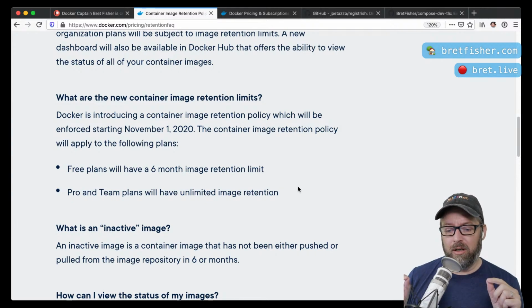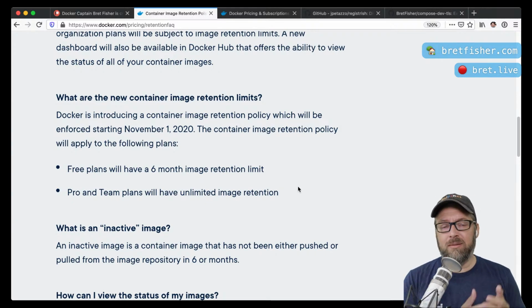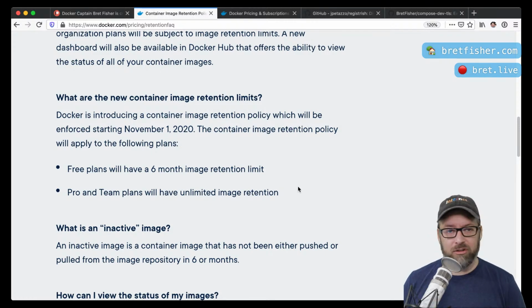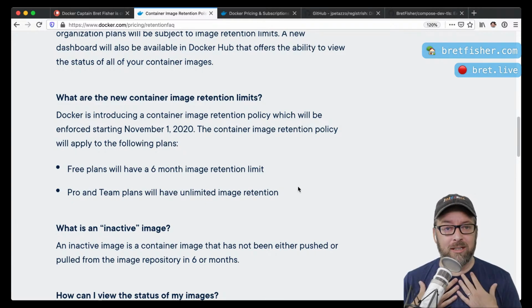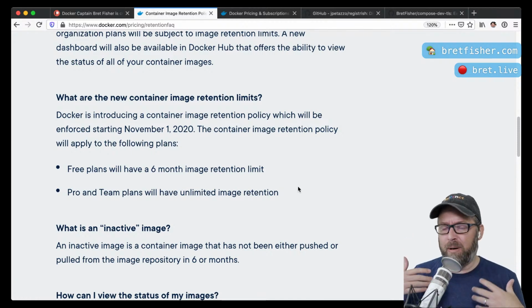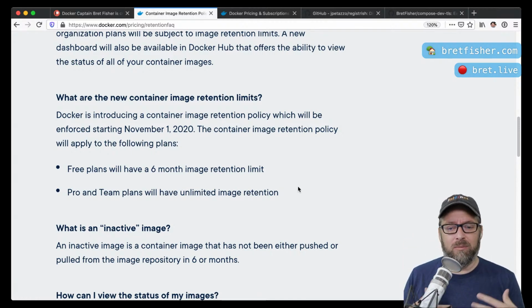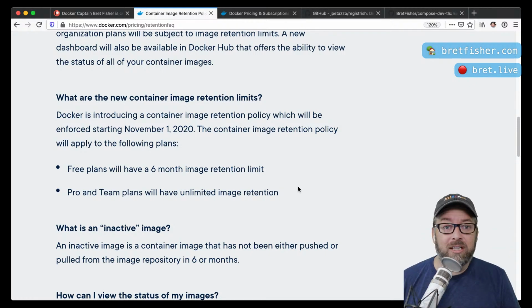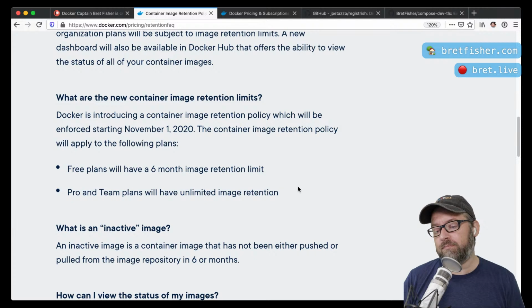Okay? So again, I talked last week that really, to me, Docker Hub is about artifacts and operational automation. It's not where you store your code. It should not be where you have your backups. It's not a long-term retention thing. I never treated it that way. It was always the output of my builds, of my binary builds, of my Docker file builds. It was always the binary. So if I lost it, no big deal. I could always recreate it. I didn't lose my work.